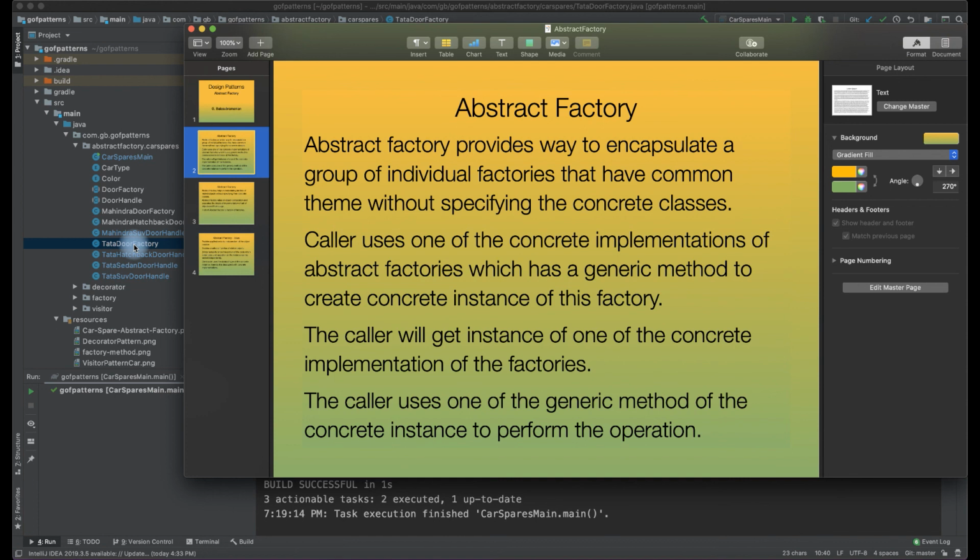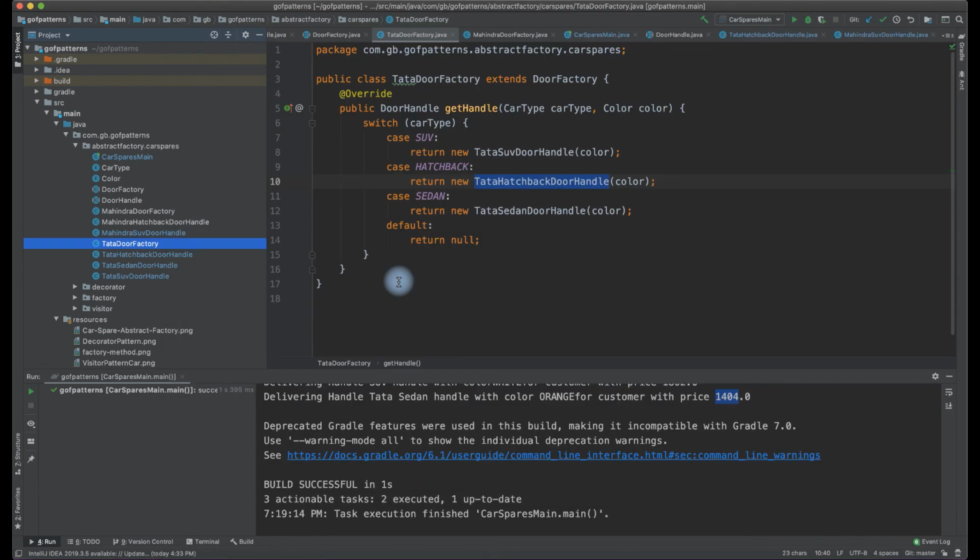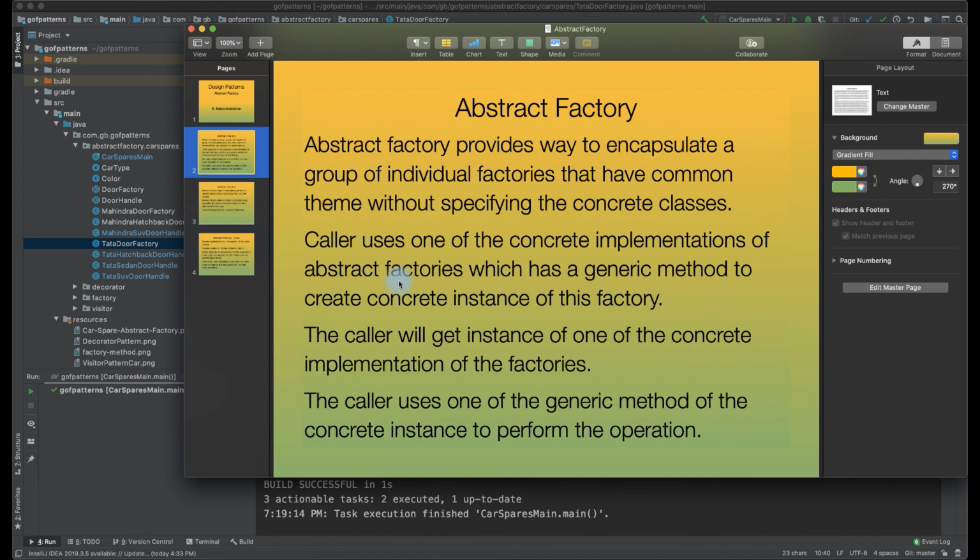So we are creating concrete instances of these, but not of the door handles. We are using either of these factories, which has a generic method called get handle. So we use this get handle method to get the handle of either a Tata car, a Tata SUV car, or a Mahindra SUV car. That's what the second point says.